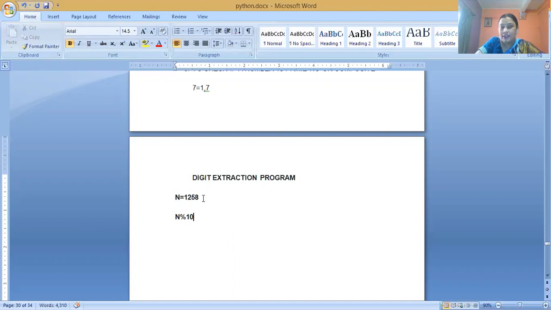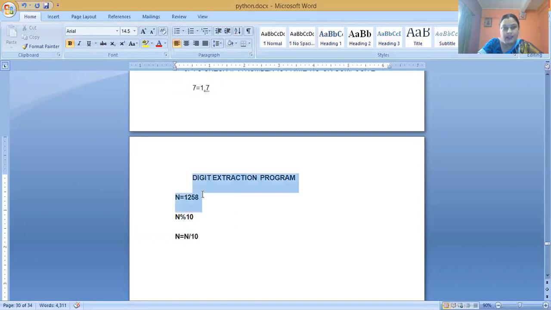After getting this remainder, we divide the number by 10, that is, n equals n by 10. This process is continued until the value of n becomes 0. If the value of n becomes 0, then the loop stops executing and is terminated.